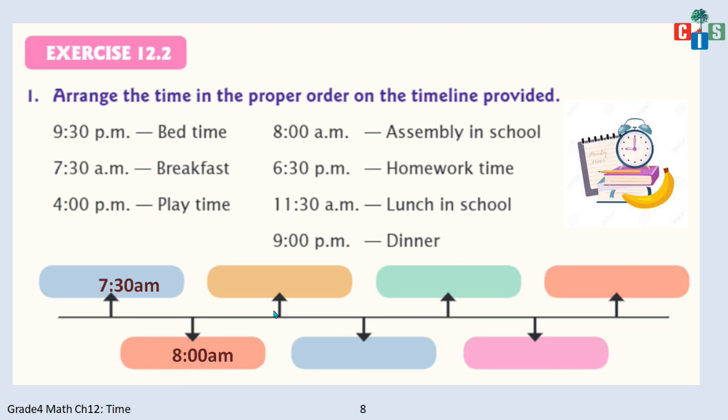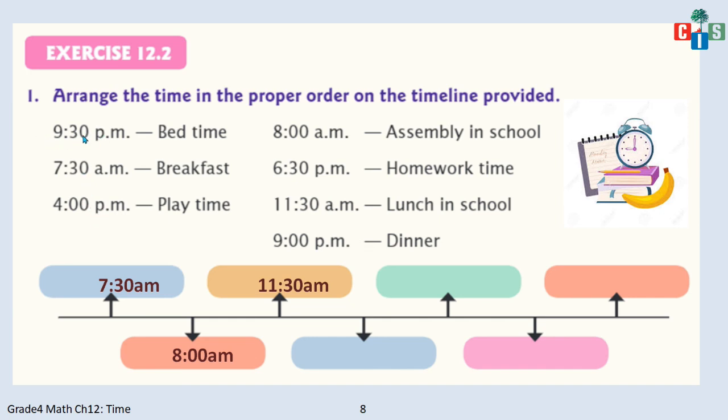And the third thing is, after coming from school, he will have lunch. That is at 11:30 AM. So we will write 11:30 AM. Now see, it's 7, 8, 11. Yes, so it's in chronological order, from smaller to bigger, or from the incident which has taken place first to the incident which has taken place last. Okay. Now it's 11:30 AM for lunch. Then let's take out AM. There is no AM more. Now let's jump on to PM.